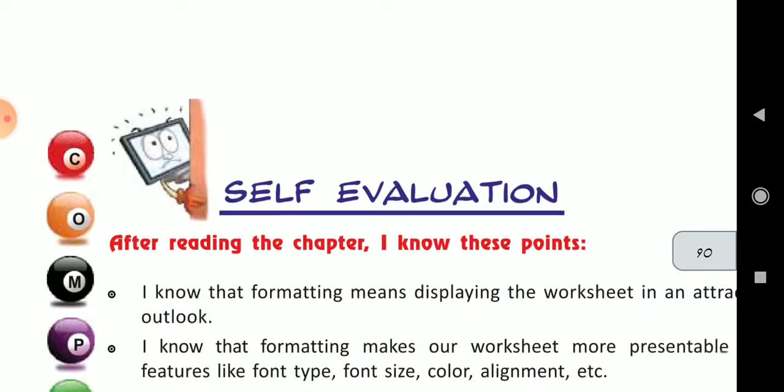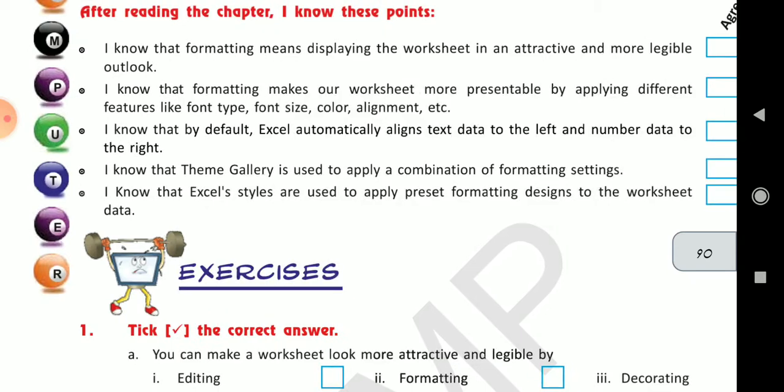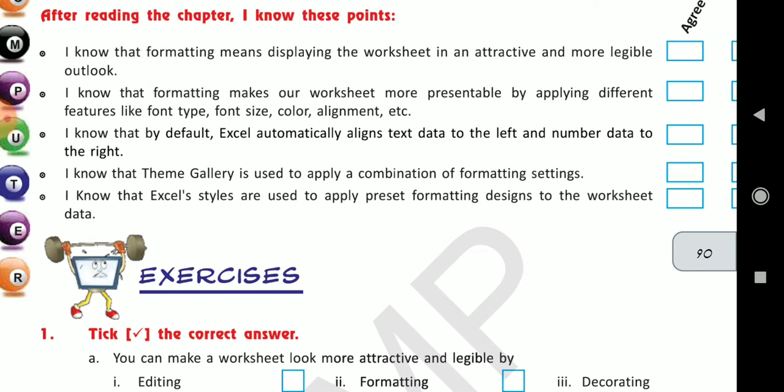Now, coming to the exercise. I know that formatting means displaying the worksheet in an attractive and more legible outlook. Yes, of course, we had already read about it and know that formatting is used to give an attractive look to the workbook.